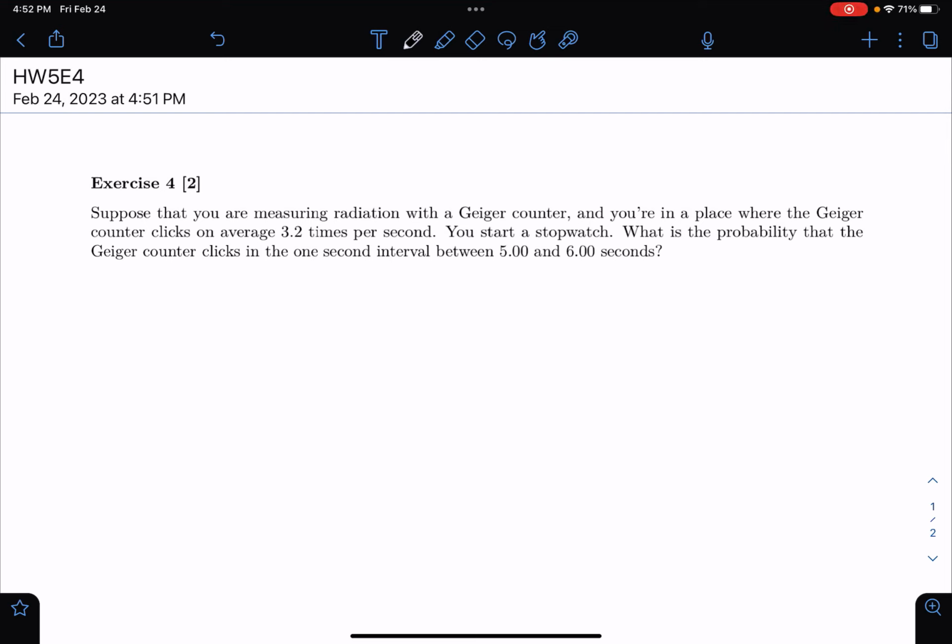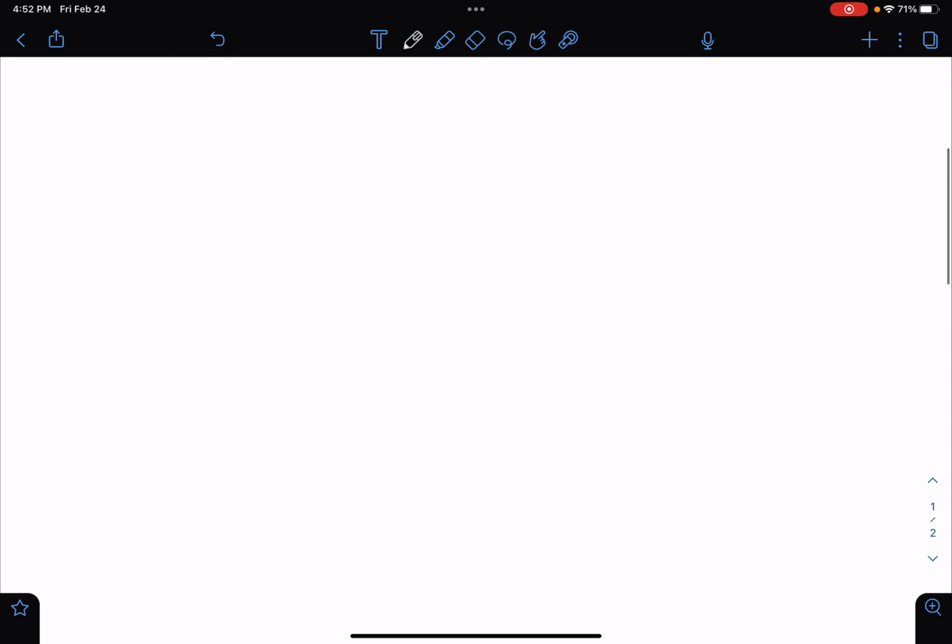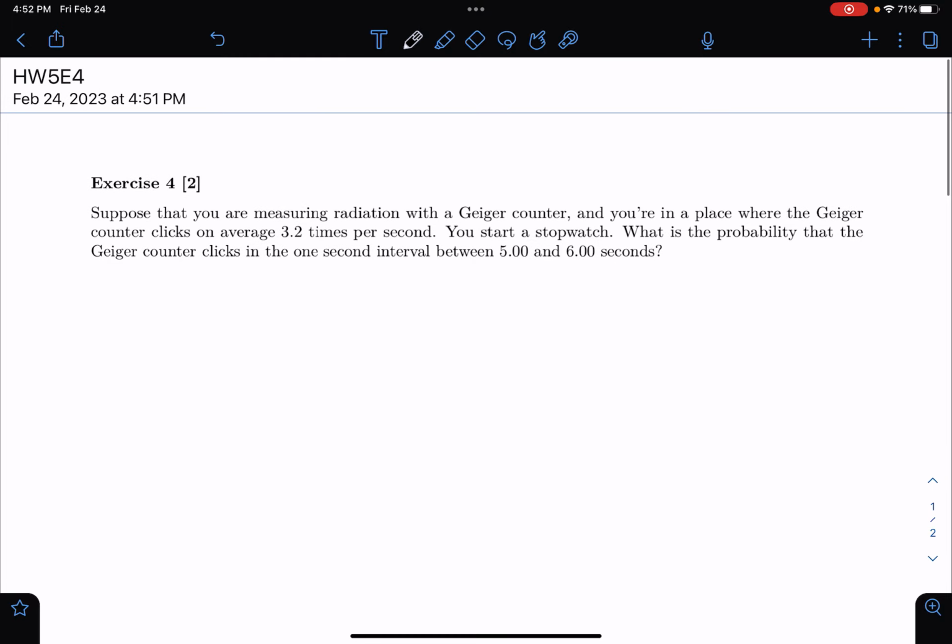Homework 5, exercise 4, we're going to solve in two different ways. So we're measuring this radiation with a Geiger counter. The Geiger counter clicks on average 3.2 times per second. We start a stopwatch. What's the probability that the Geiger counter clicks in the 1 second interval between 5 and